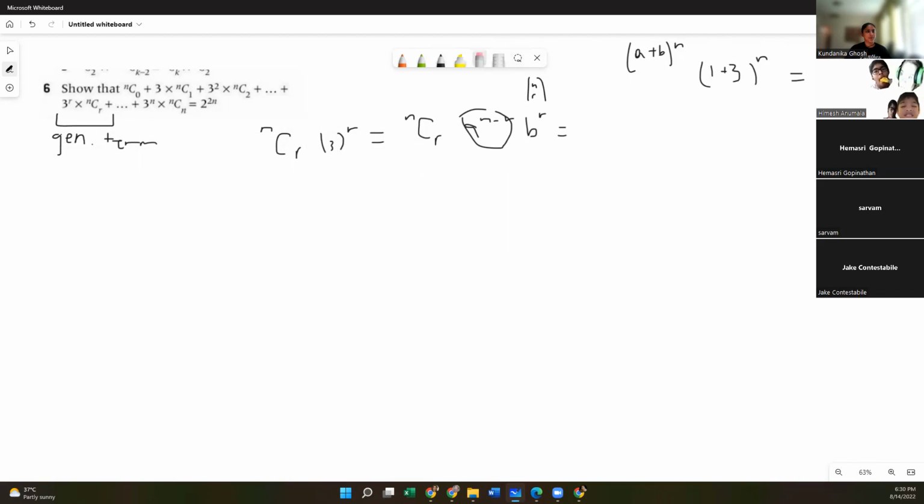Sorry, that says 2. I don't know why that says 2. That equals 4 to the power of n. 4 can be rewritten as 2 to the power of 2, and then that whole thing to the power of n. And again, if you have one exponent taken to the power of another exponent, you just have to multiply the two exponents. So in this case, you get 2 to the power of 2n. Therefore, your left-hand side equals your right-hand side, 2 to the power of 2n, as required.